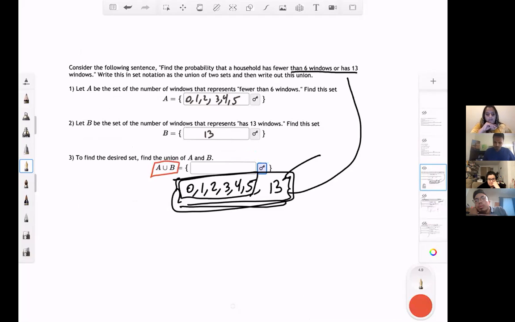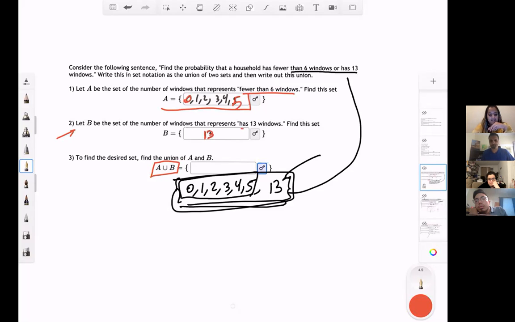No. So set A, we are okay to set fewer than 6 windows. We don't want to go to a negative number. We're going to start with no windows, which will be 0. The maximum will be 5, correct? Set B, they said, has 13 windows, only 13,